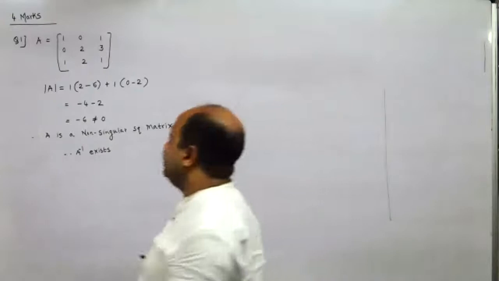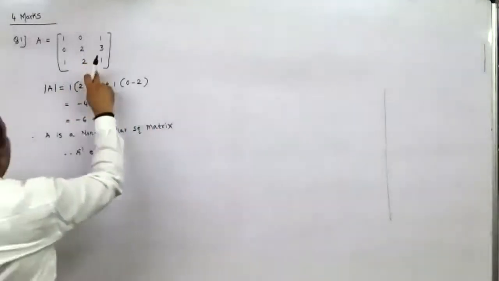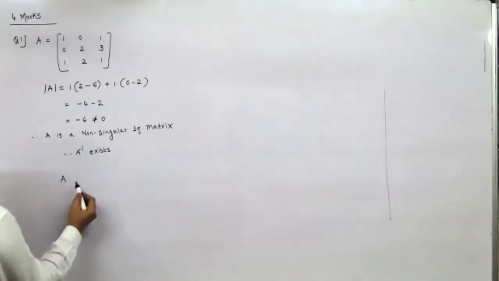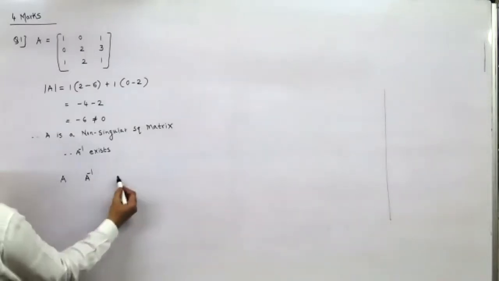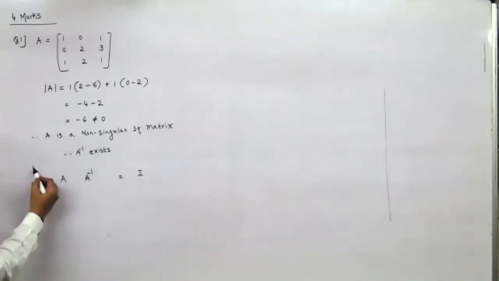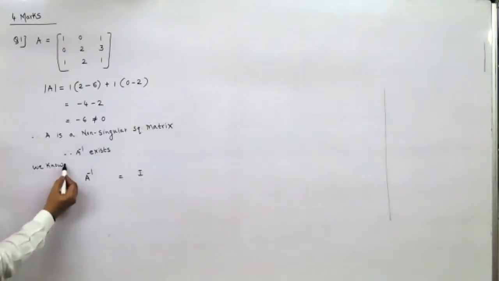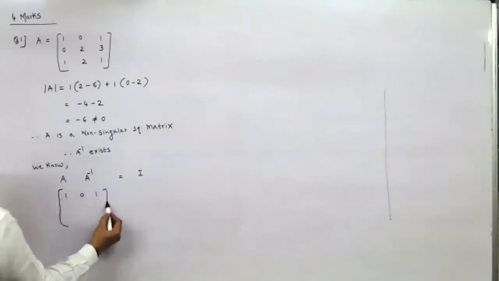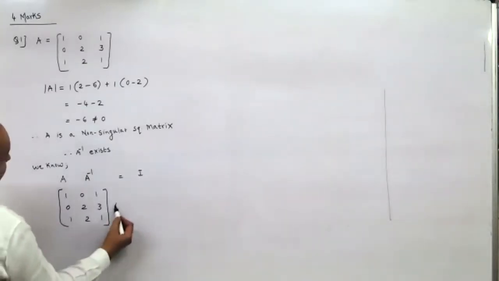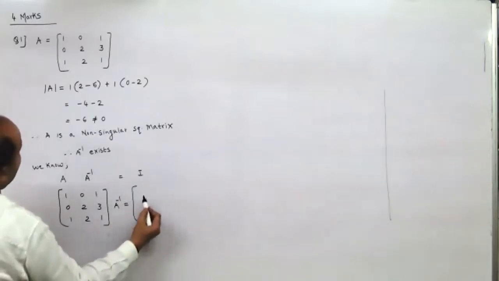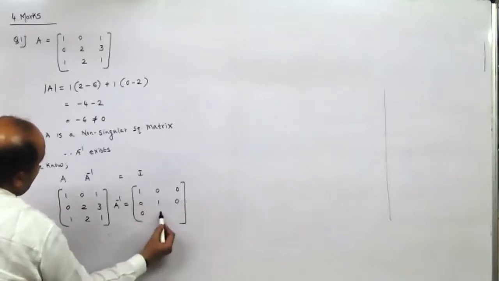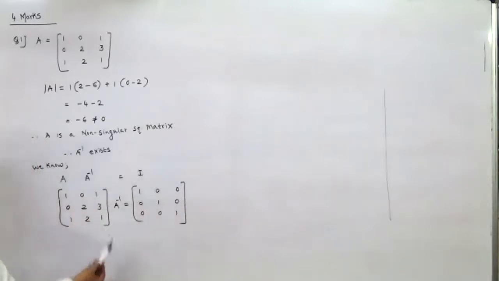Now, remember, what is inverse? The matrix which when multiplied to this should give you I matrix, that is inverse. So, I want a matrix which when multiplied with this matrix gives me I matrix. So, we know this. Therefore, I'll first write 1, 0, 1 here. This is 0, 2, 3. This is 1, 2, 1. This is A inverse and I'll write I over here. I is 1, 0, 0. This is 0, 1, 0. This is 0, 0, 1. Remember, A inverse into A is also I.